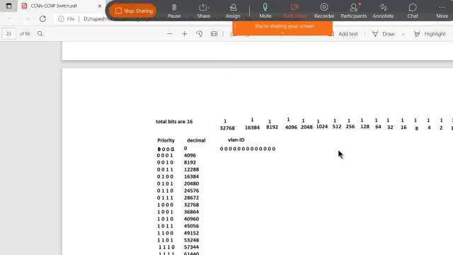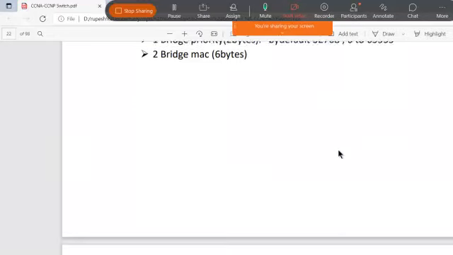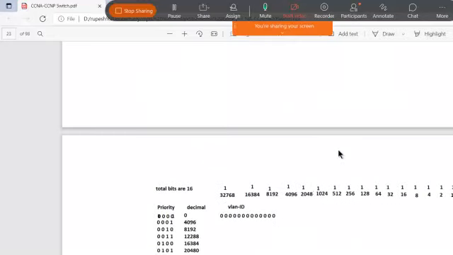And you can also count it like this, right? The total bits: how many bits do we have? That is 2 bytes. In 1 byte we have 8 bits, so here we have 2 bytes, which means 16 bits, right?